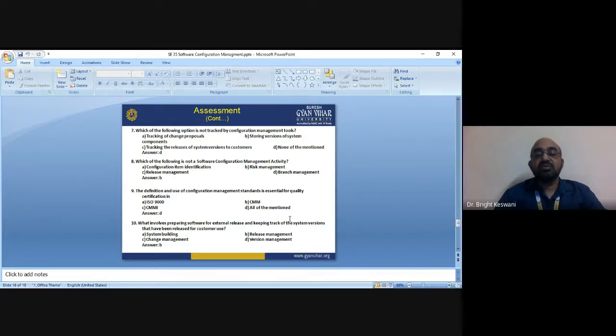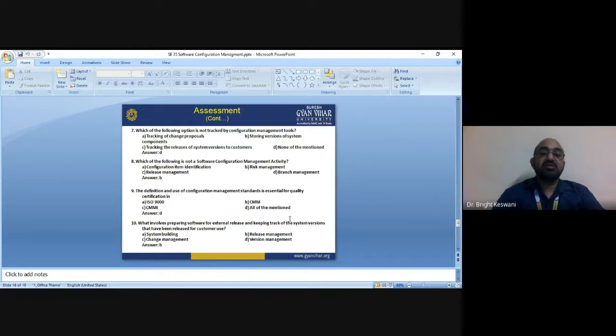The answer of the ninth question is D, all of the mentioned. In the 10th question, what involves preparing software for external release and keeping track of the system versions that have been released for customer use? The four options are system building, release management, change management, and version management. The right answer is